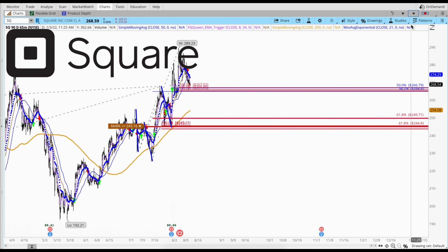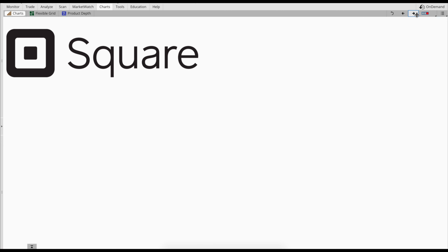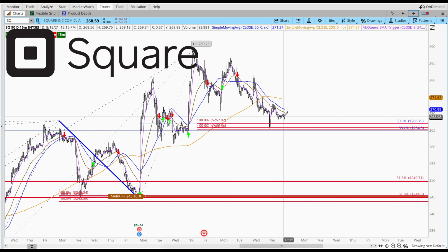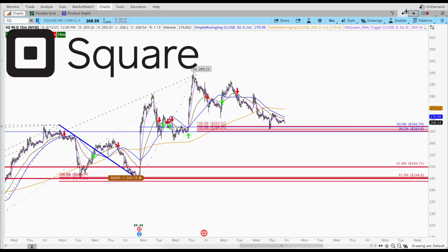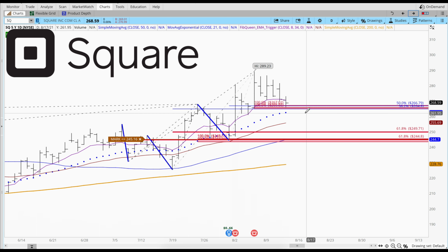On the hourly chart, taking a quick look, price is trading nicely above that 200 moving average. Now I need that trigger on the 15 minute. What I mean by that is the 8 moving average must cross against the 34 to the upside, and continue to establish a series of higher highs and higher lows. If I get a trigger to go long, you can pick up some Square and set your stop below